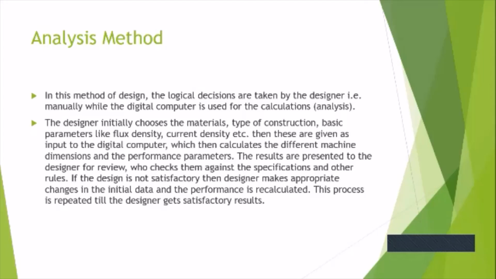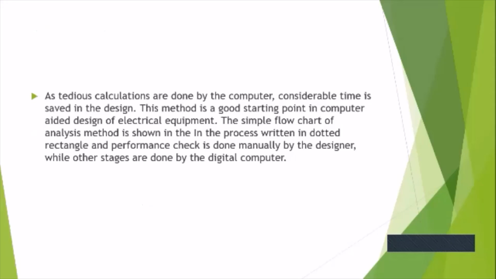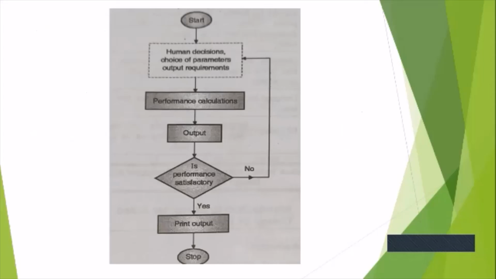If the design is not satisfactory, then the designer makes appropriate changes in the initial data and the performance is recalculated. This process is repeated till the designer gets satisfactory results. See the flow chart: start, human decision,